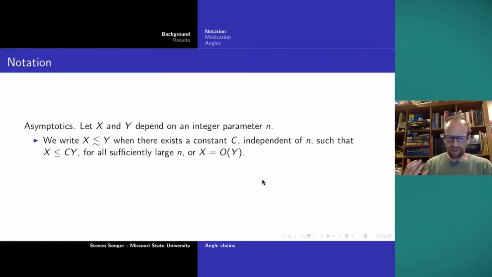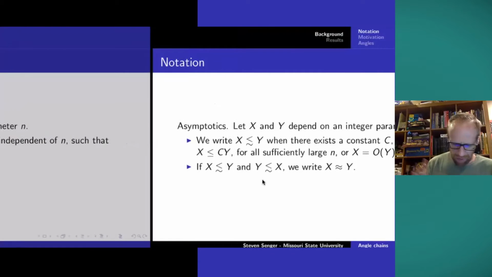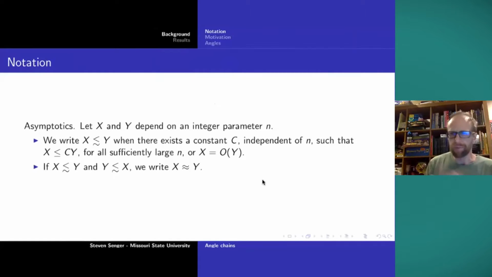But first, I use some slightly non-standard notation. This is just how I learned asymptotics, which is a squiggly less than. So I think today most people have been using sort of less than. I'm using the squiggly less than. If ever anything is unclear, just let me know. So we've got big O and we've got big theta, just using slightly different symbols.